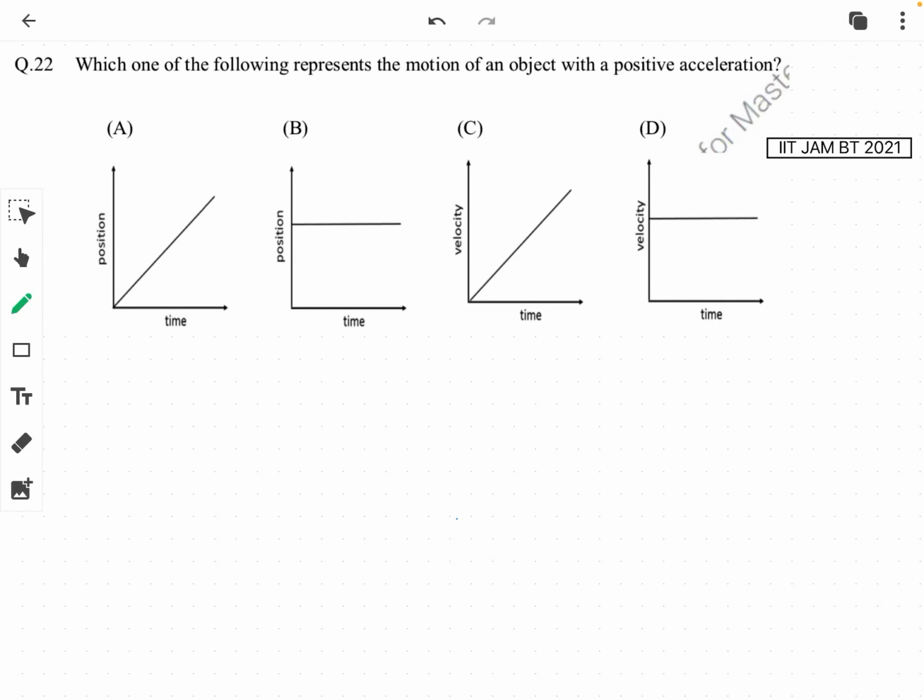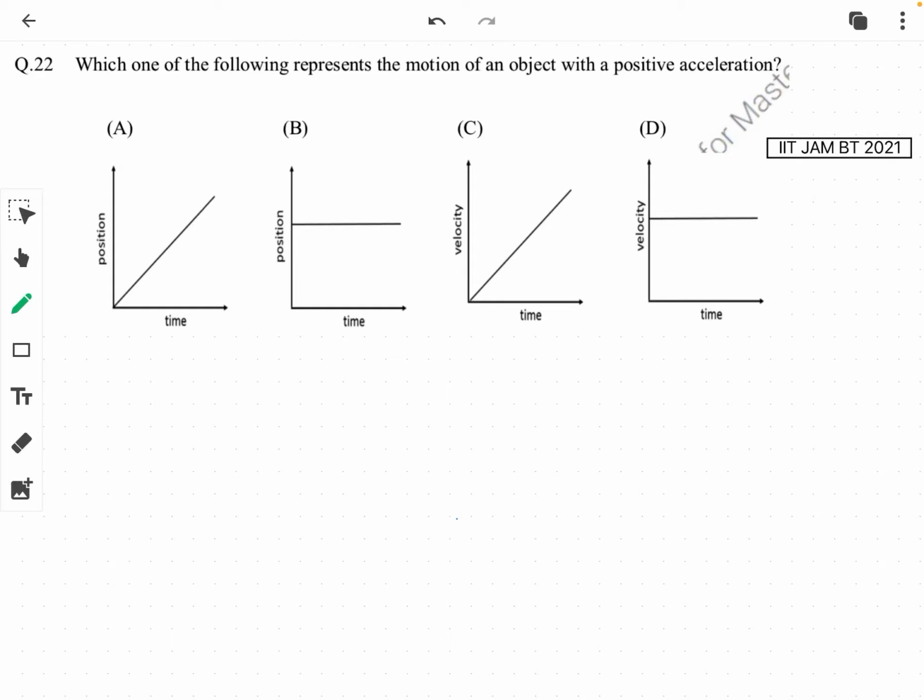In this video we are going to solve a problem which came this year, that is in 2021, in the JAM Biotechnology paper. Here the question is, which one of the following represents the motion of an object with a positive acceleration? In the graph given in option A, it's a position time graph